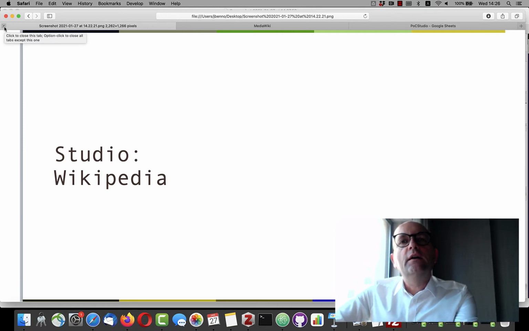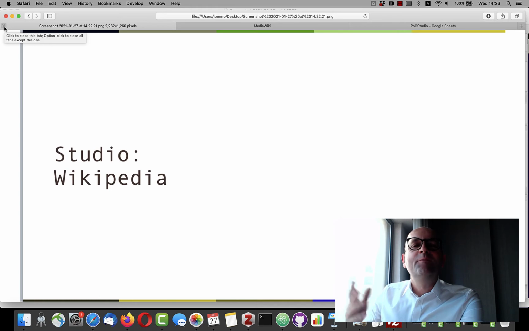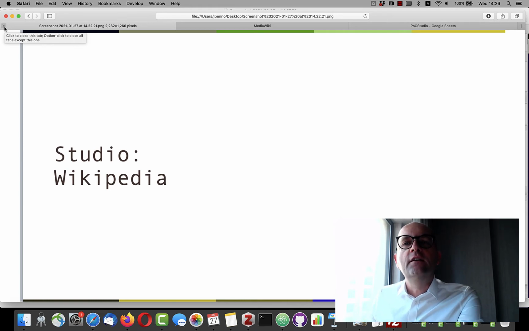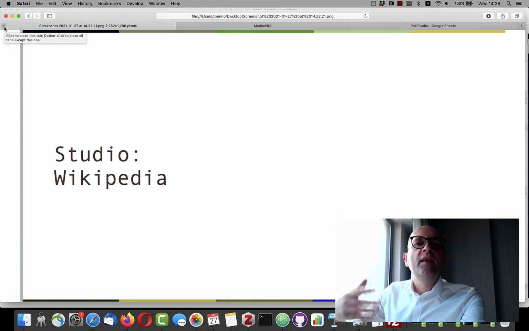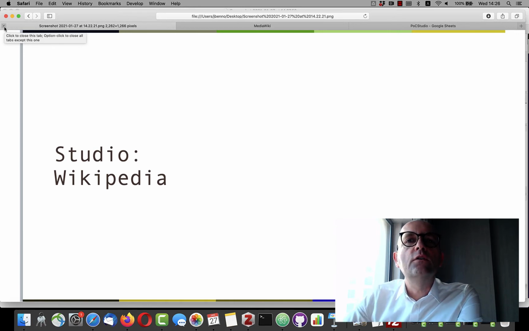I structure this part in two parts. In the first, I will lead you in the form of a tutorial, like we have done with WordPress, how to install Wikipedia. You can do that on my server, but you don't need to. It's very straightforward, and I think it's as easy as you will find it when you do it on your own web server. Just for completeness, I show you how it works, and then in the second part, we will look into Wikipedia as a social medium and see into the communication processes and cultures, and a bit also further into the technology.